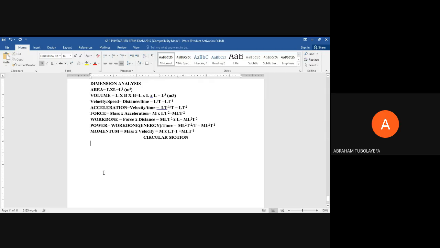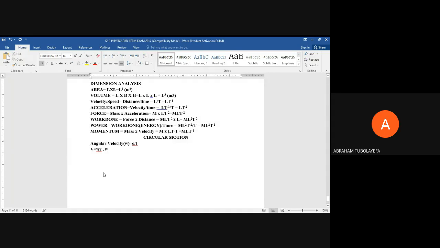Now let's go to the formulas that we can bring up from circular motion. One of the formulas is that angular velocity, denoted by omega, W, is equal to theta divided by time, which is the angular displacement divided by time. Then, if you want to relate linear velocity and angular velocity, the formula is V is equal to WR,